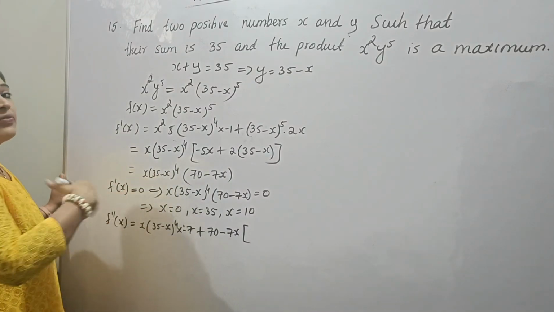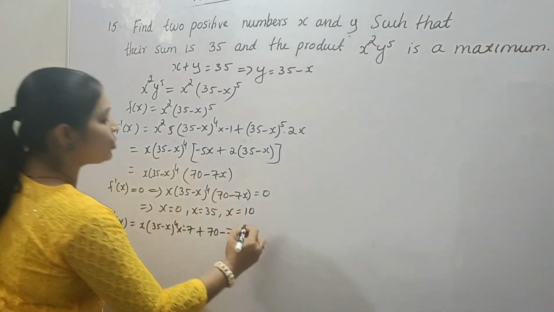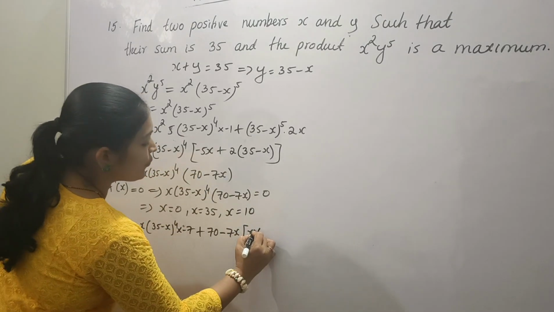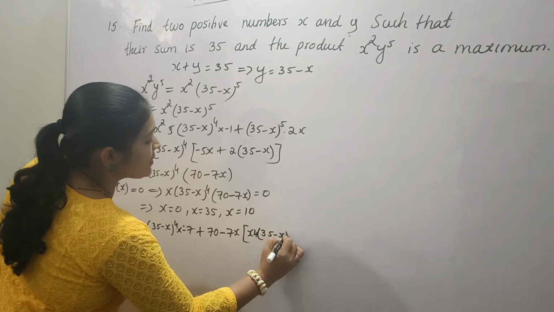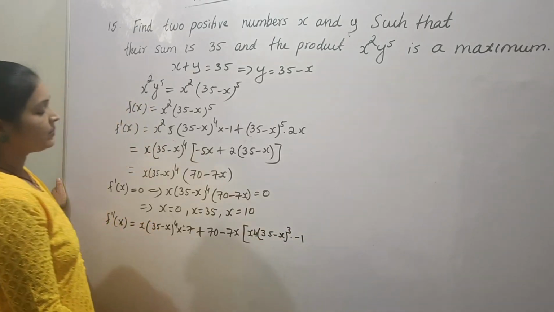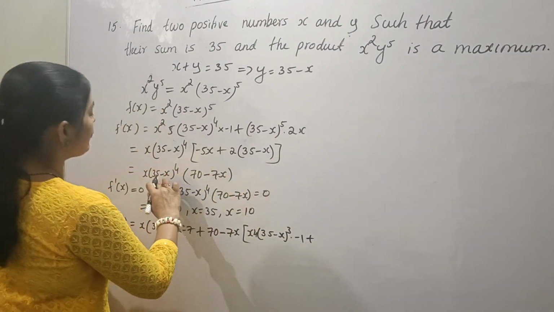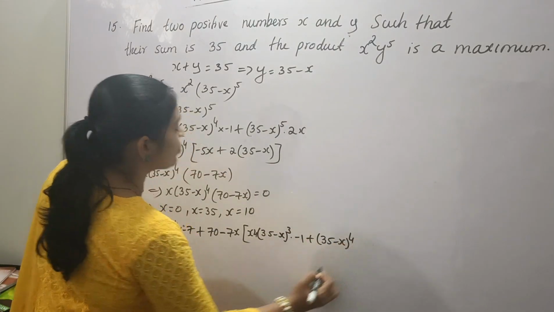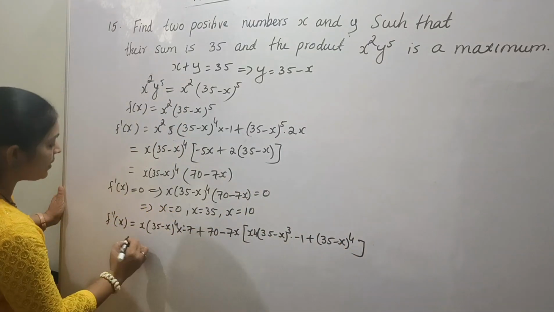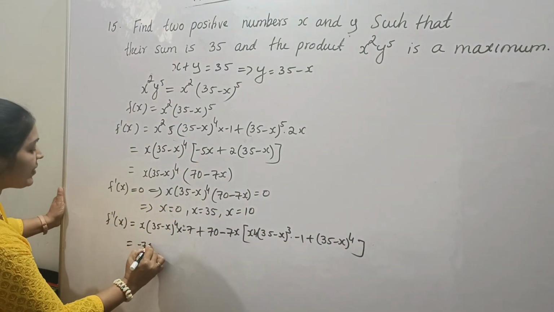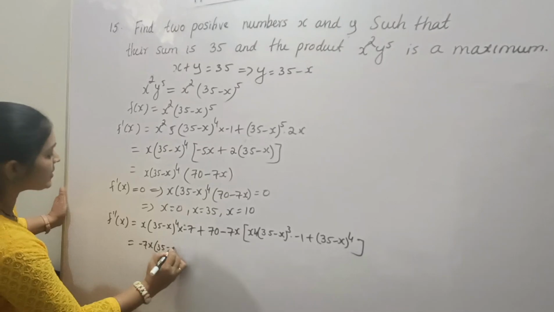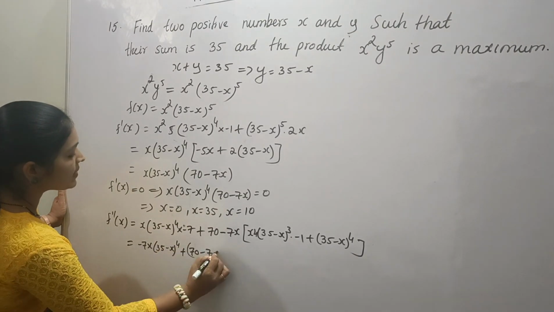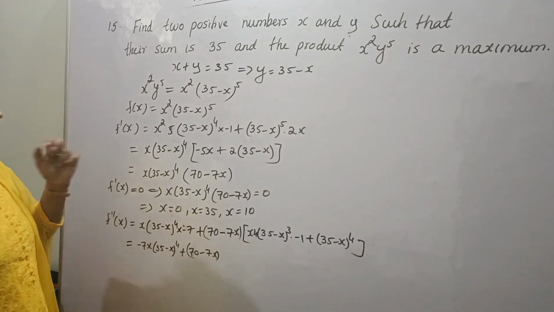Here again we have to apply product rule. X into 35 minus x whole raised to 4 gives 4 into 35 minus x whole cube into minus 1, plus 35 minus x whole raised to 4 into derivative of x, which is 1. That is equal to minus 7x into 35 minus x whole raised to 4 plus 70 minus 7x into,